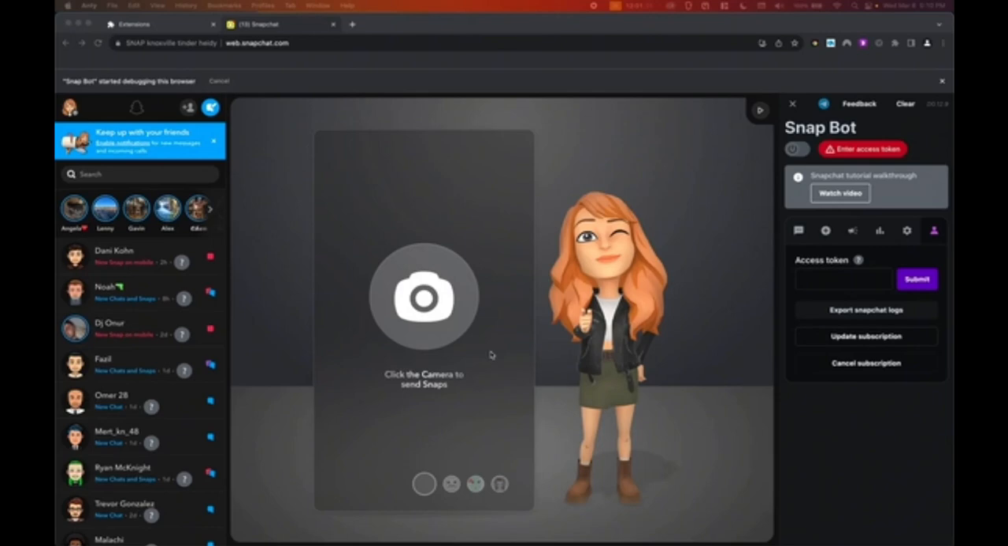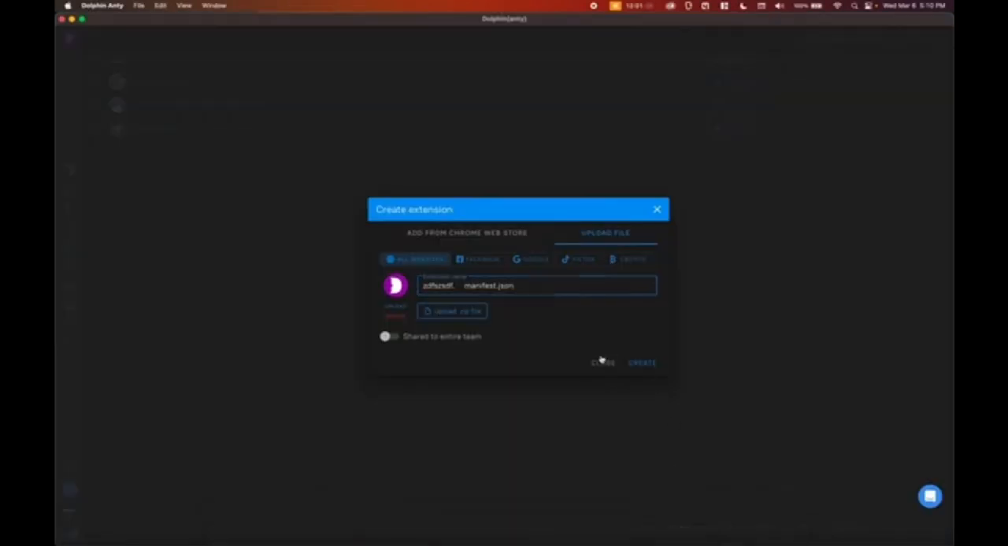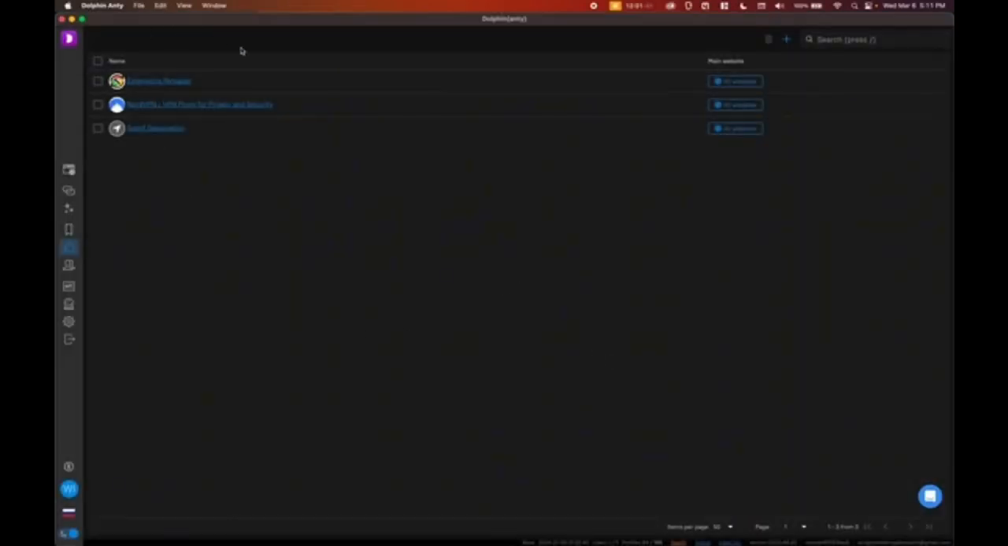Alright, now we'll cover how to install the bot. So there's two ways to install the bot. The preferred way is to install it directly into your anti-detect browser. The second way is to install it directly into your browser profile. So the first way, go ahead and go to your anti-detect browser, doesn't matter which one. Locate the extensions